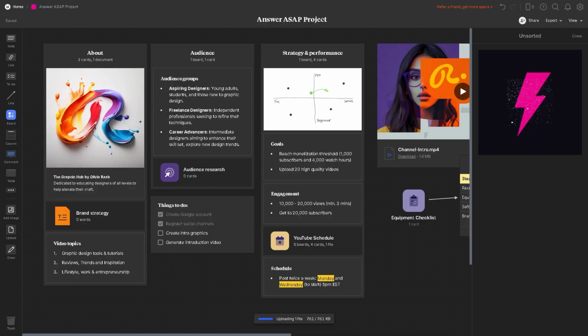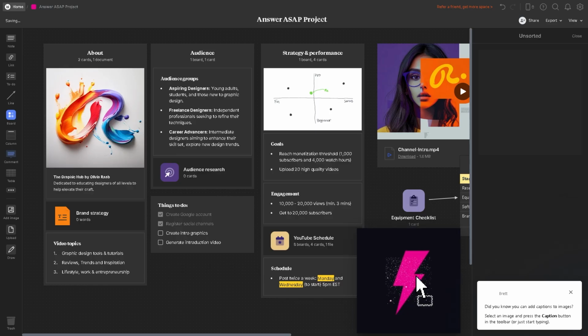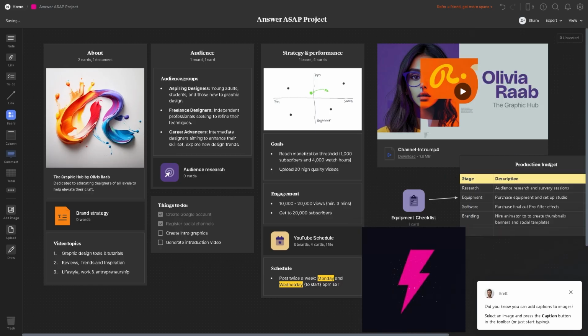Now, this is our logo. I'm going to click on it so you guys can see it. Now, each card here represents a piece of your project. For example, the About section of our YouTube channel, making it easy to manage everything in one place. All right, and basically that's it for today's video on how to create a project in